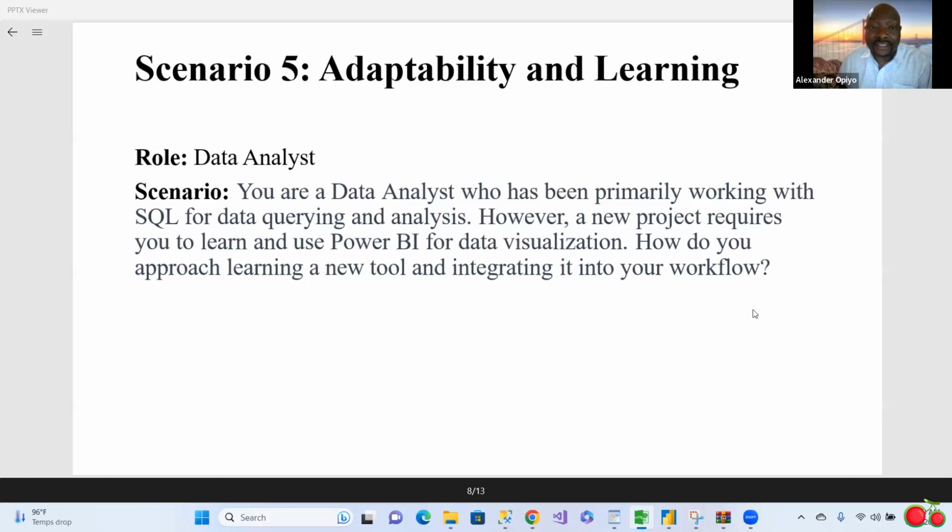So you're a data analyst and you've been working with SQL for a long time, doing querying and analysis. A new project comes and it requires you to learn and use Power BI for data visualization. How do you approach learning a new tool and integrating it into your workflow? These are your questions. Describe a situation where you had to quickly learn a new technical tool or software to